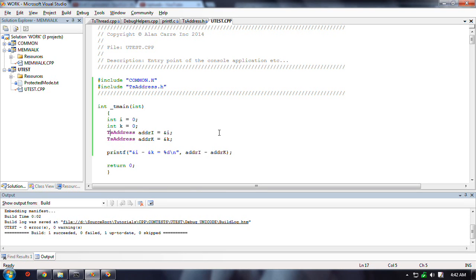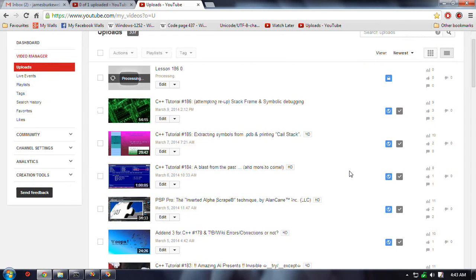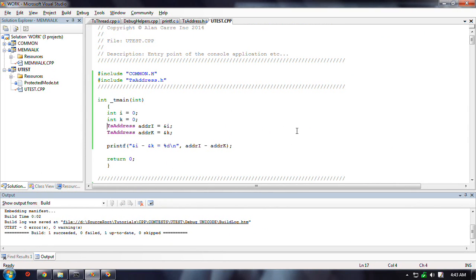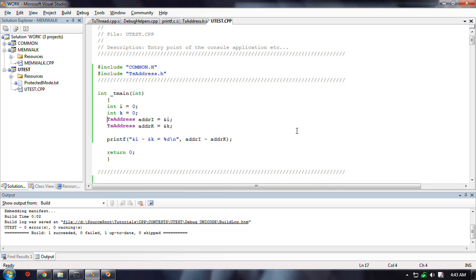I think I mentioned briefly in tutorial 185 probably, I mentioned briefly the use of this class for simplifying stack walking. I thought I was just going to give you first a quick demo of the most basic usage of this address class, and that is